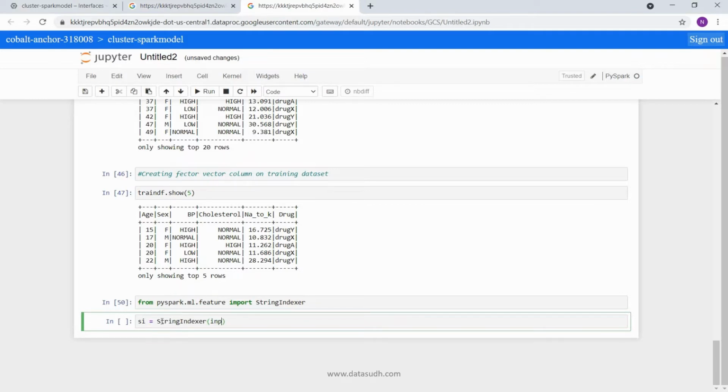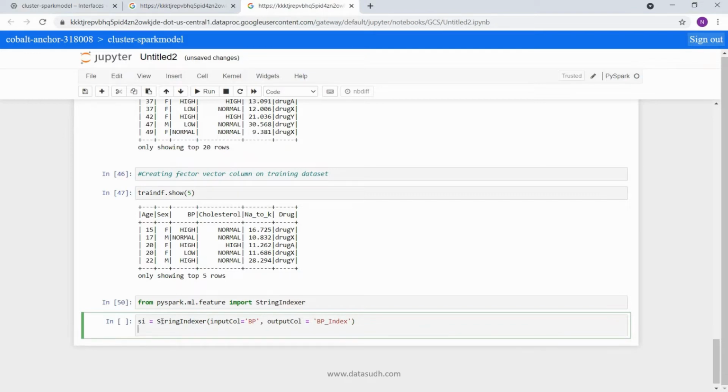In this method, provide the input column as BP and the output column as BP underscore index, the column in which you want the index. Then we are going to create one output data frame which will fit these values on our training data set and transform the results for us.